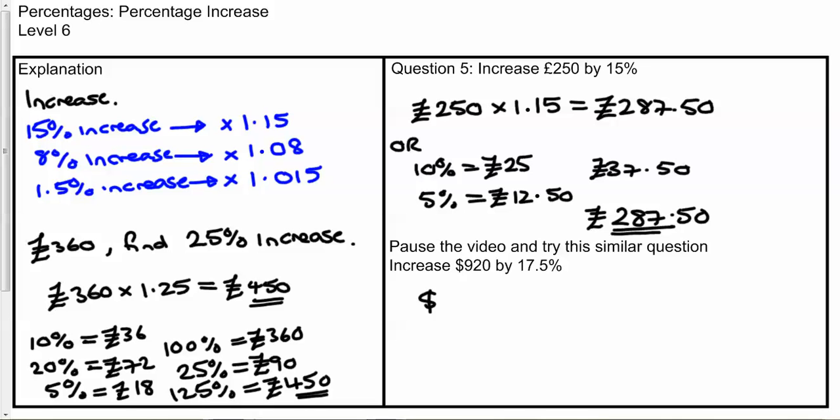Okay, so we've got our $920 and we're going to increase it by 17.5%. So that's 17.5% on top of the original 100%, meaning we want to find 117.5%. Convert that to a decimal multiplier, and that's the calculation you'll need to do. If we do that calculation, you should find 920 times 1.175 gives you, in dollars,